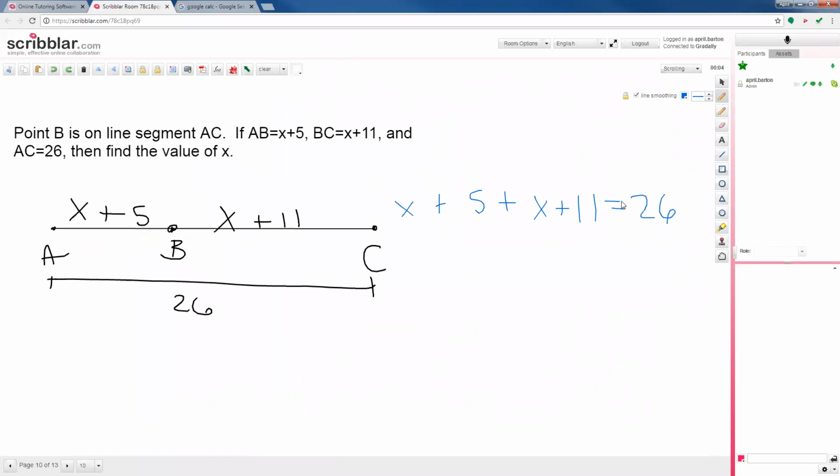So the actual setting up of the equation, that's a geometry topic: take those two pieces and add them together. The algebra is going to be actually solving this equation. We just had someone else join, so just to catch them up, we're talking about geometry right now, the first semester of geometry. This segment addition postulate is the name of this. But now to solve it is some algebra.